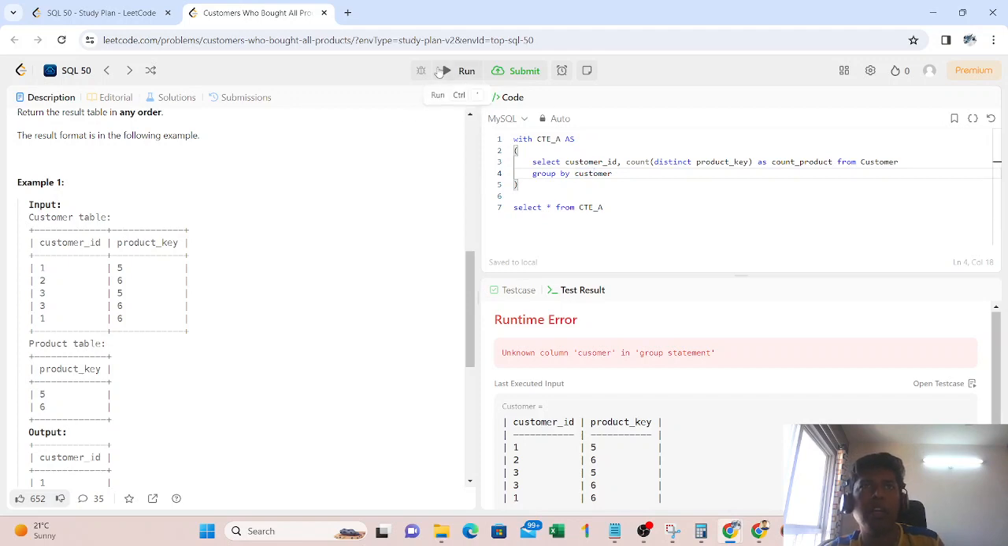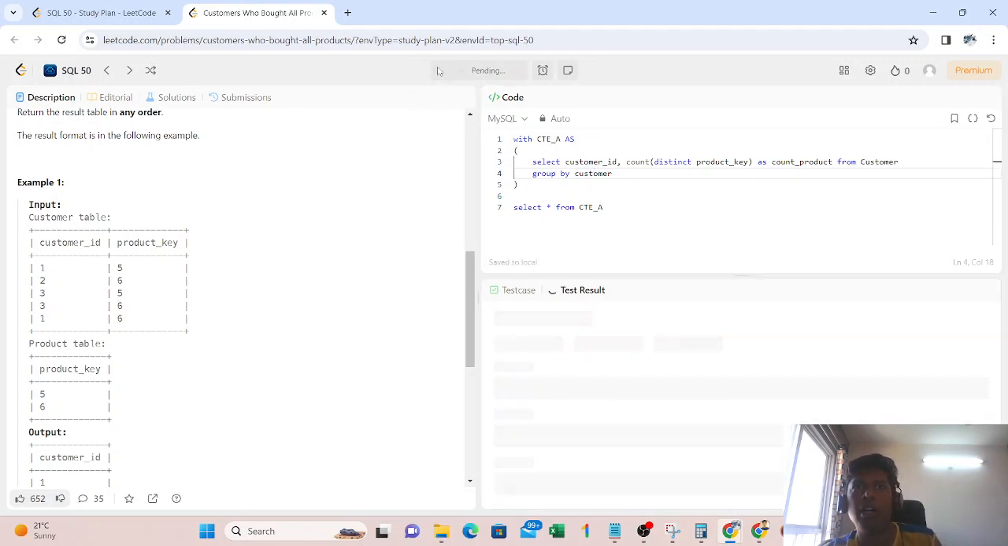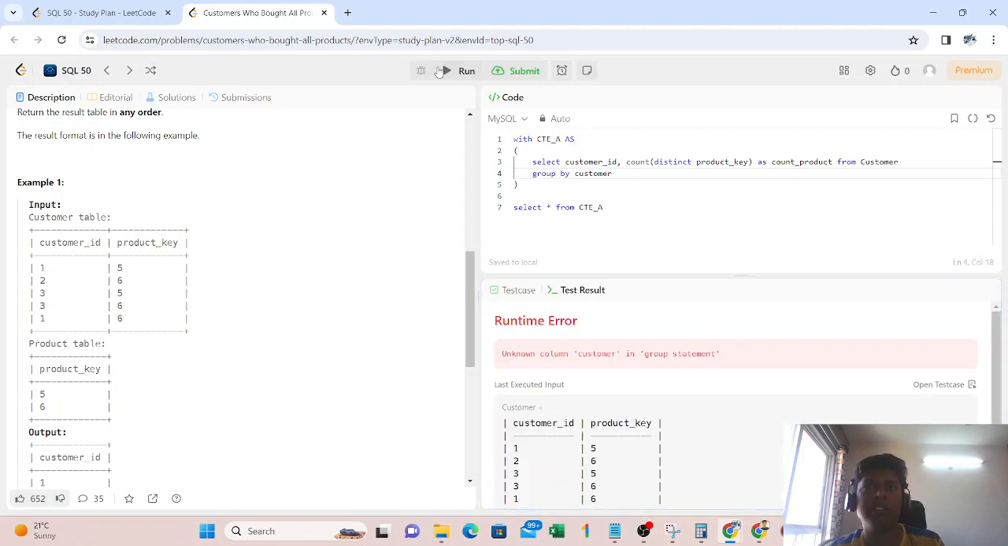Giving the given input into something from where I can derive the answer. Again, there's some reason why I'm doing this. Select customer ID, count distinct product key, in a group by customer ID. Sorry,